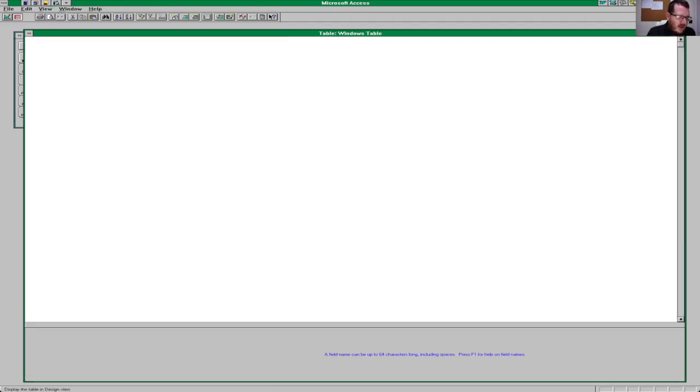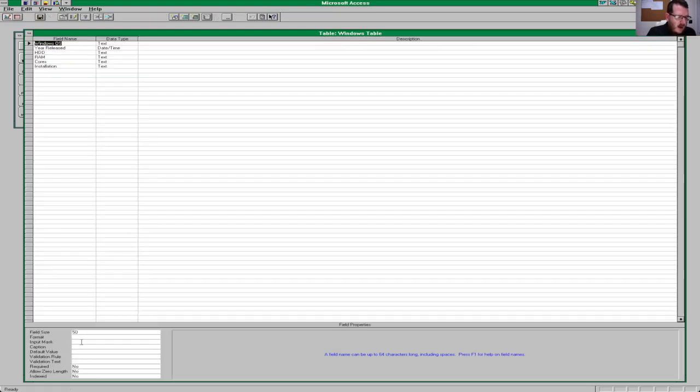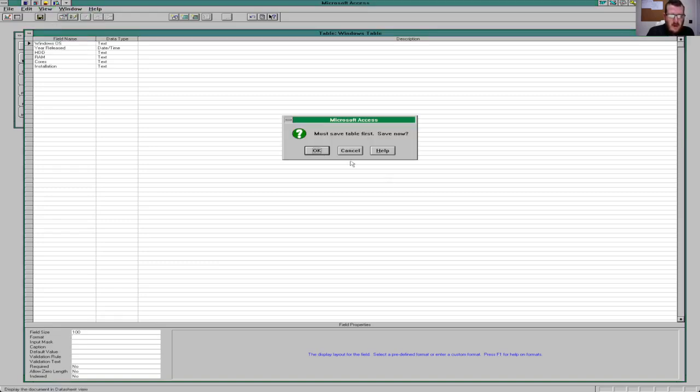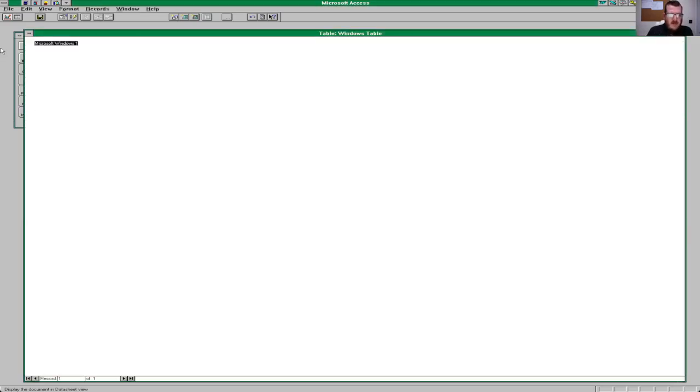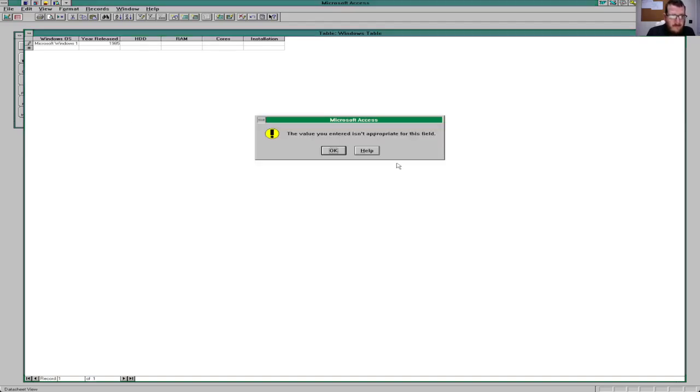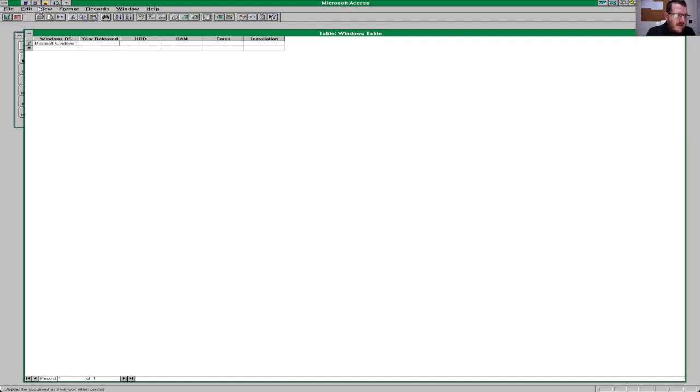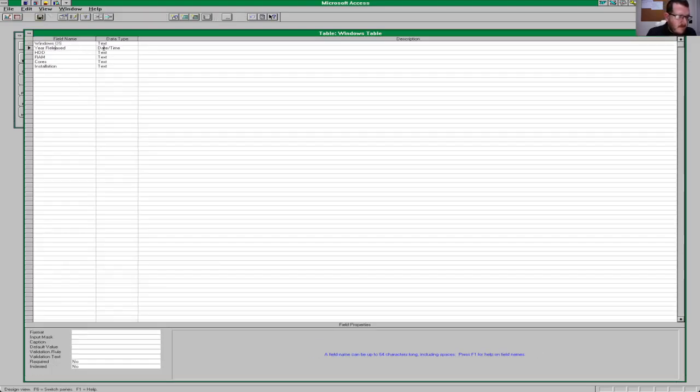There's the table design. I want to make that Microsoft Windows Server. I'll make that 70. I'll make that 100. I think that would be a good idea. And I'll go to the data sheet. Of course, I'm going to save it because then that way we can be rest assured that that's going to fit. Year released 1985. Okay, I'm going to have to go back to this one as well. And just make that text. Or I'll just do a text, otherwise it's just,